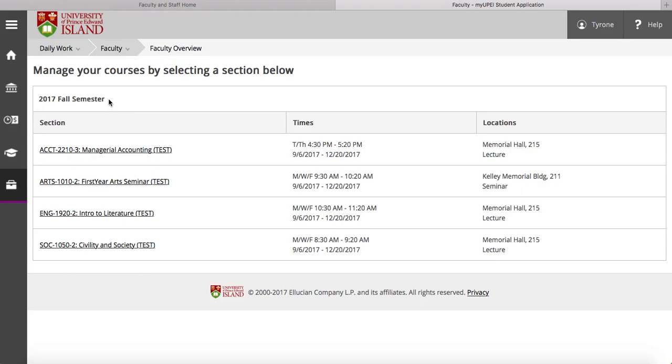We will start by entering a requisite waiver. Keep in mind that the definition of a requisite is a course or more than one course that a student must have taken previously. We'll talk about the difference between a requisite and a restriction later on in this video. First, we need to click on the applicable course. In this case, we'll choose Accounting 2210,